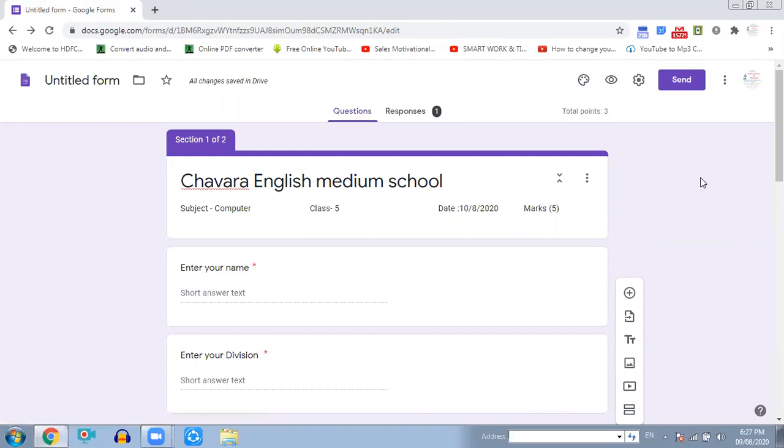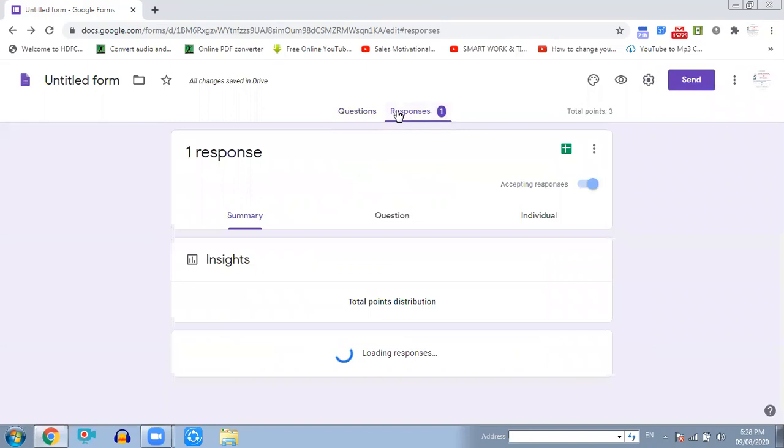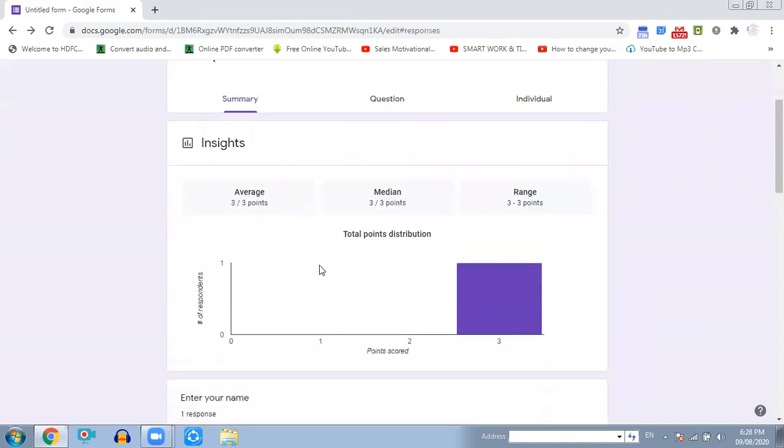How can we see if a student appeared for the exam, and which students, their name, their division, if you want to know? For that, just see your questions, and next to that the response tab is there. So click on the response tab, and downside it will show all together the graph of all the students.